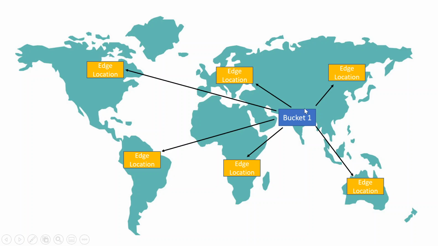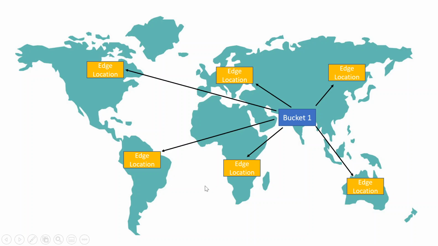Though my website is hosted in one of the regions, what I can do is use the edge locations of AWS, and I can cache and publish our websites to these edge locations. Now if a US person is trying to access the website, he will access it from a local edge location, and his request does not travel all the way to India, and will be served. And if there is a person from South America trying to access it, he will be served from the nearest edge location, and vice versa, and the same for other regions as well, right?